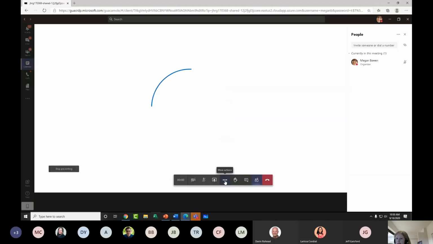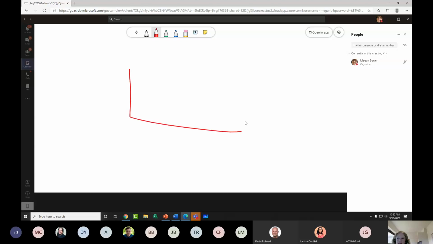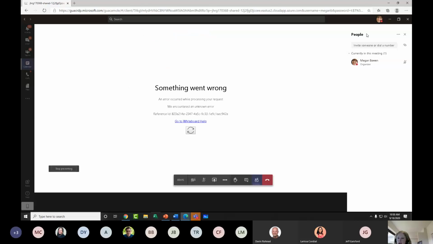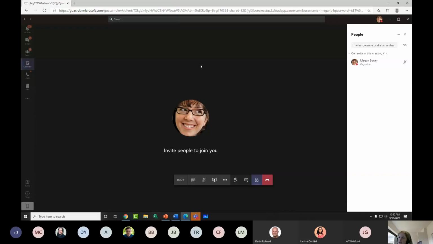But the big thing here that I love is that not only can you have everybody draw on the whiteboard together, after your meeting's over you can also see that whiteboard. And it looks like the Whiteboard app is just not being happy right now. So I apologize for that. For the sake of time, what I want you to know is that after the meeting's over and during the meeting, just as I showed you in the online app, you can export those Whiteboard app drawings as PNG images, and they can be shared separately outside of your meeting.